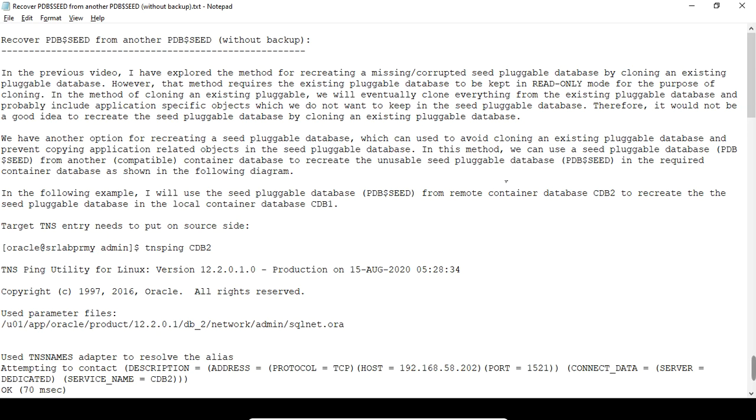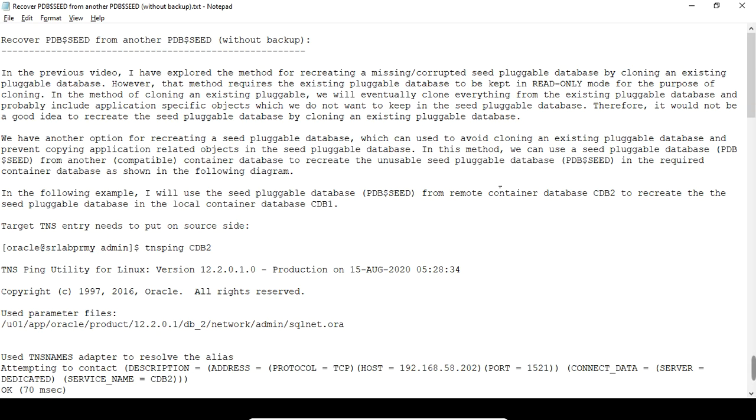In this method, we use the seed pluggable database PDB$SEED from another compatible container database to recreate the unusable PDB$SEED in the required container database, as shown in the following diagram and scenario. In the following example, I will use the PDB$SEED from the remote container database CDB2 to recreate the seed pluggable database in the local container database CDB1.